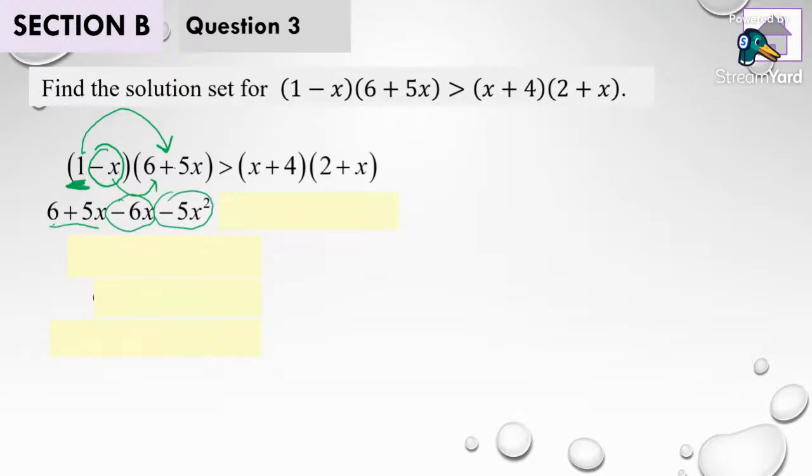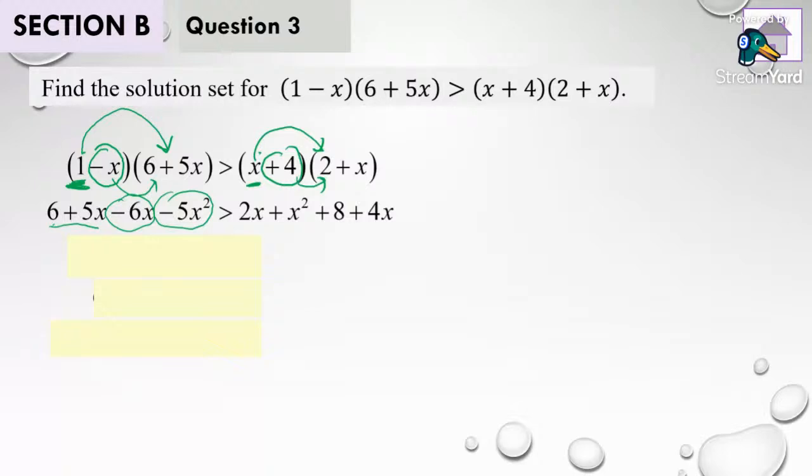The right-hand side term, I do the similar thing. I will have x multiply the second bracket plus 4 multiply second bracket. Therefore, this is the result that I obtain. Reaching here, I would like to rearrange the inequality, where at this moment we somehow can see that this is the case about